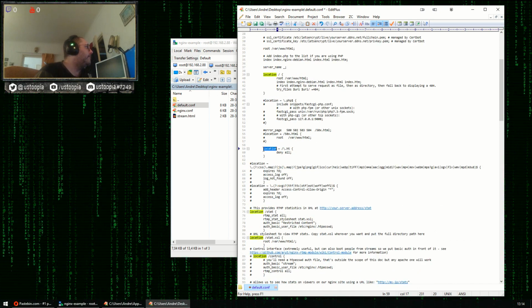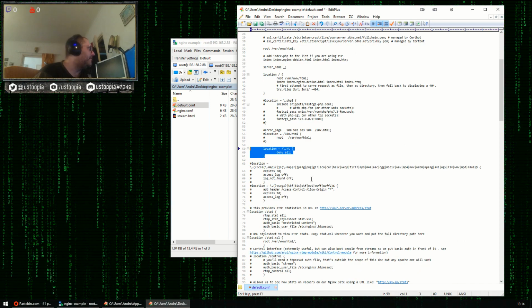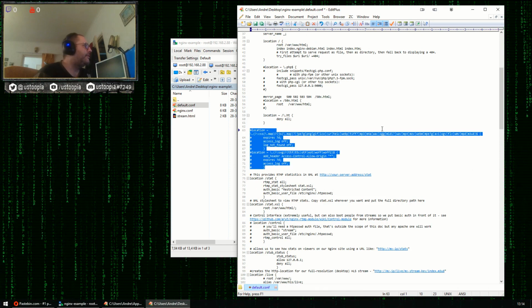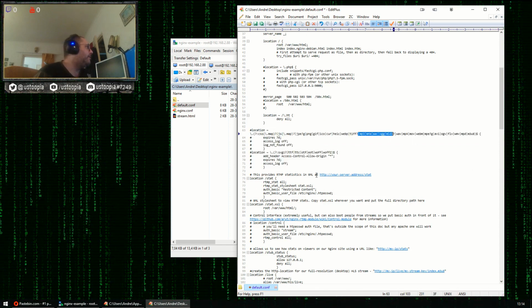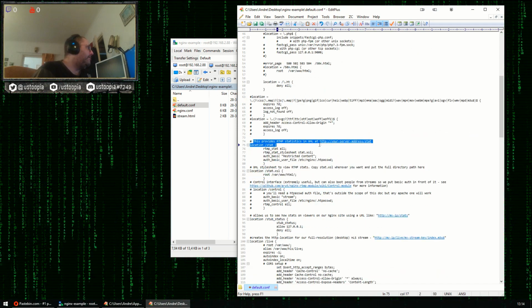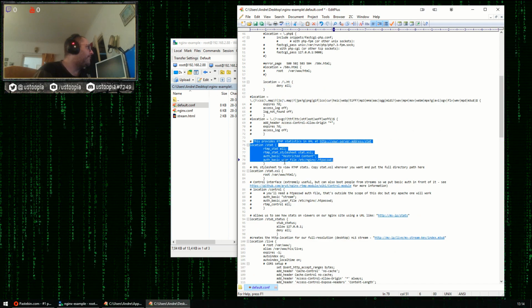This is by default in the configuration file. I always enable it, but by default it's disabled. This has something to do with caching of these certain files, or not caching. This should be familiar to you if you saw the previous video. It's the stat block in the configuration.